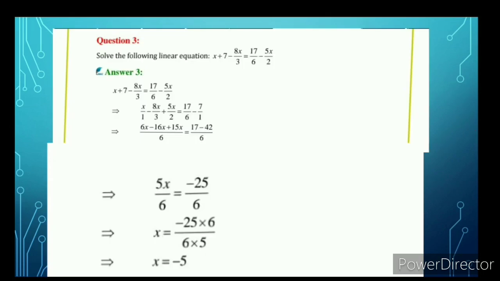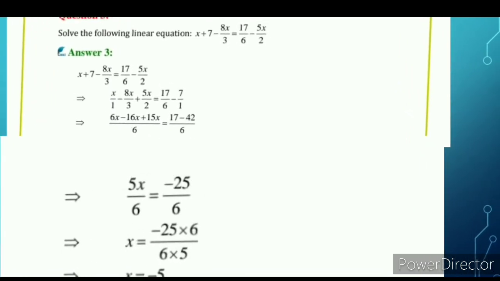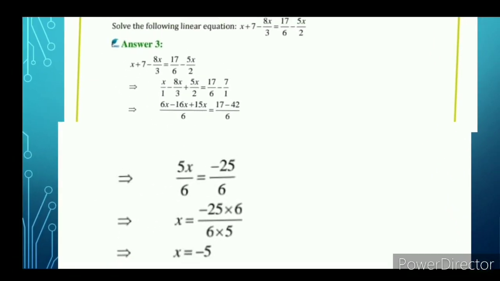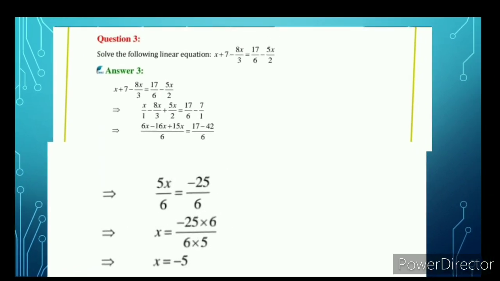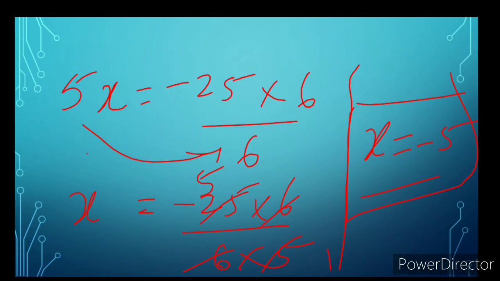We'll see the solution. Yeah, same method. x equal to minus 5 is the solution of this equation. As usual, the method you used to solve the previous exercise, that method only can be used. Just one new thing: we are simplifying the linear equation first, reducing the linear equation into its simplest form, and solving. Okay, copy down this.